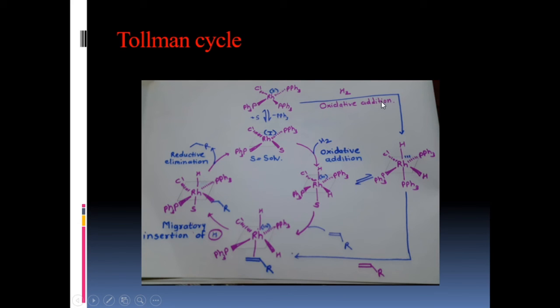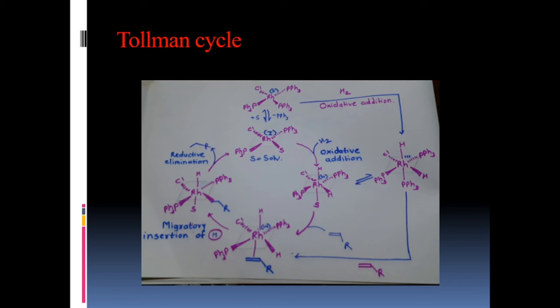Now see here, the second step. In the second step, oxidative addition is first carried out. Means in Wilkinson's catalyst, first oxidative addition of hydrogen is carried out. After that step, this is the change observed: the oxidation state of rhodium is here +1. In the next step, the oxidation state of rhodium changes to +3. The oxidation state is changed by 2 units, and the coordination number is also changed by 2 units. And this is the definition of oxidative addition reaction. That's why here simply oxidative addition reaction is carried out.